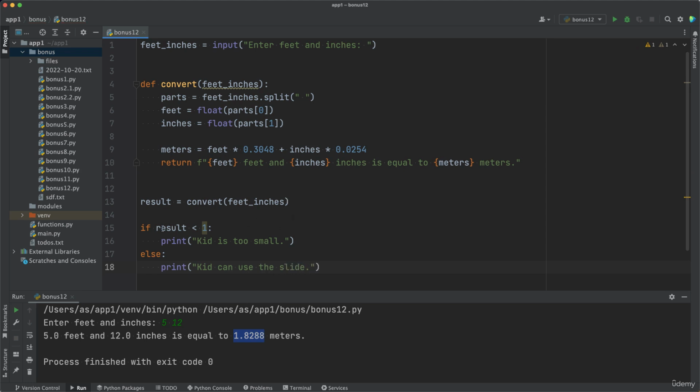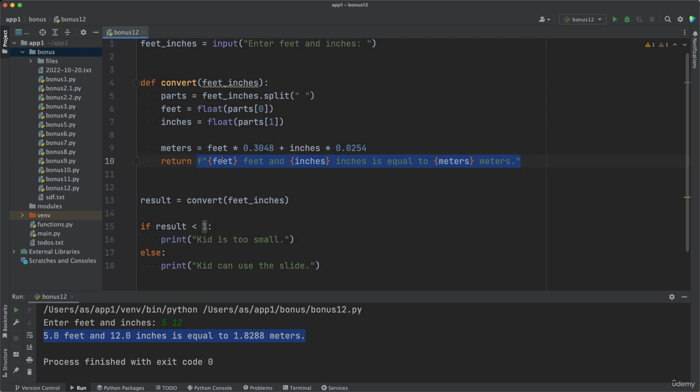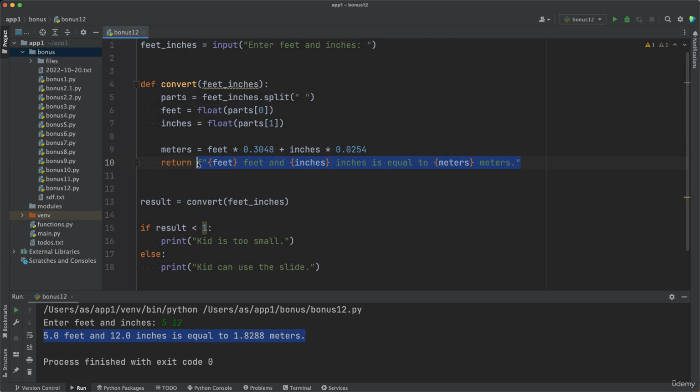Right, but the problem is result is a string. Right, you see that is the result. It is not a number, and that brings us to the concept of decoupling. The output of a function should be decoupled from other components. So that means instead of returning a string here, you should return one value, not such a complex component,